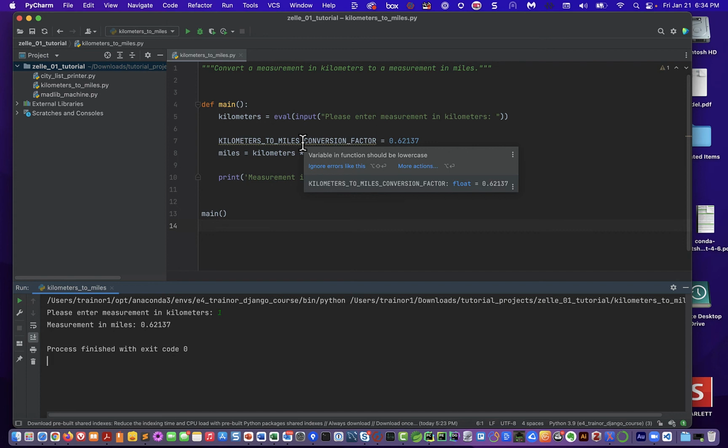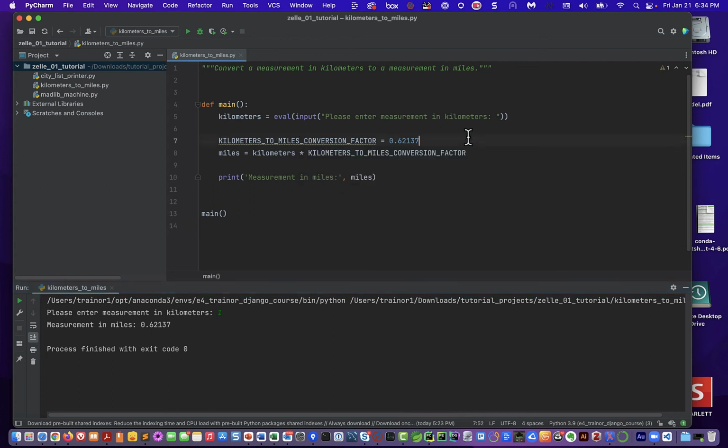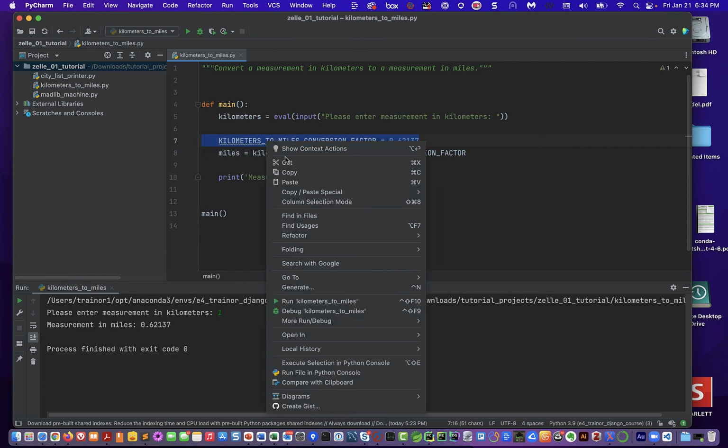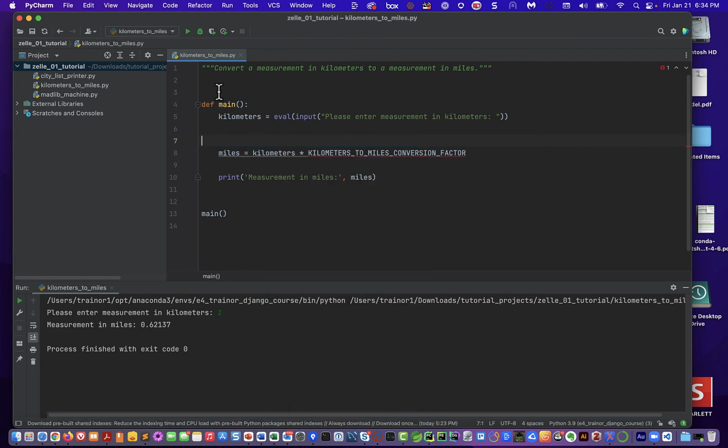Oh, okay. So it turns out that inside of a function, it doesn't want you to define a constant. Why is that? Well, to the extent that you're going to have constant values, it wants you to put it in a place where it can be seen all over the program. Okay? And we don't put a lot of code out there, but here's what they want us to do. They want us to take this code here, this line, and we're going to cut it. Let's cut it. Okay. And let's paste it